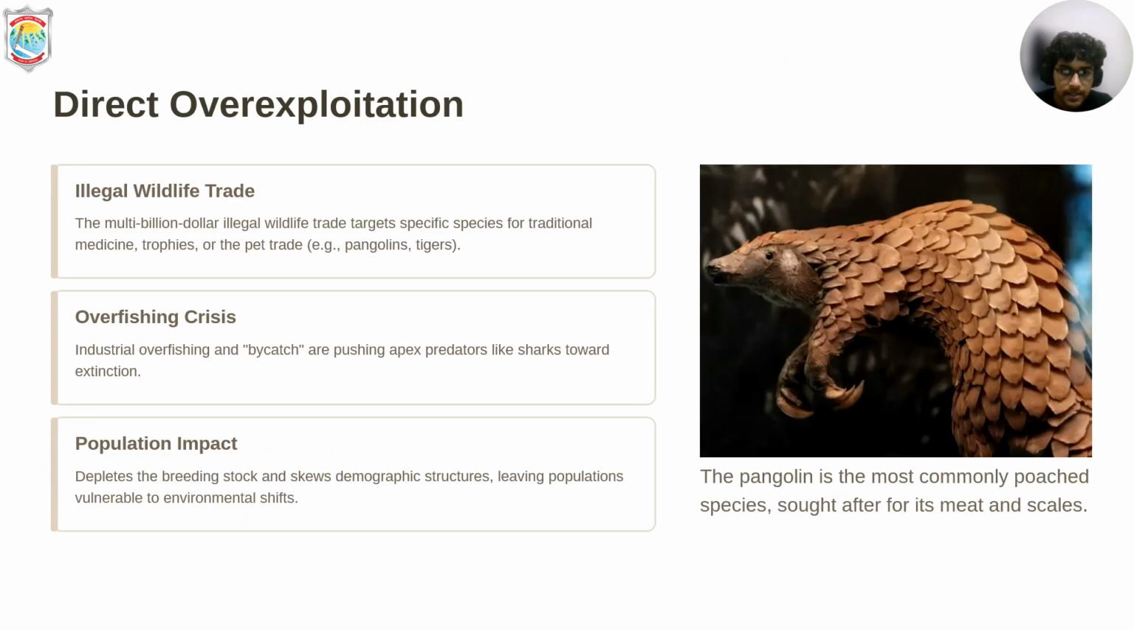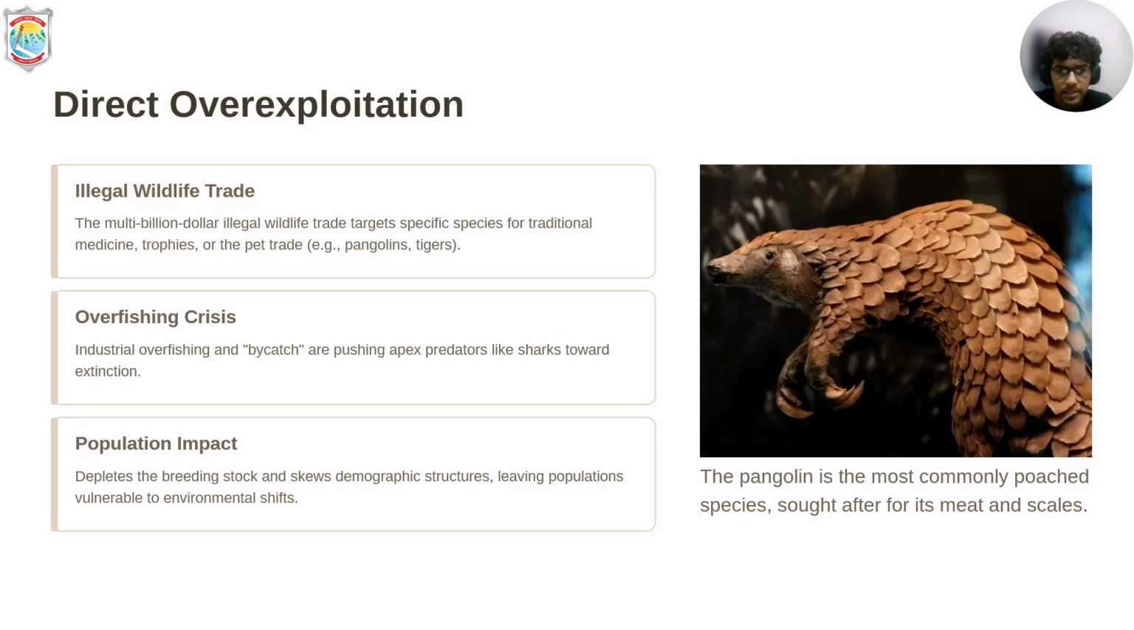Another massive threat is direct overexploitation. The multi-billion dollar illegal wildlife trade specifically targets certain species like tigers and pangolins for traditional medicine, trophies, or the pet trade. In our oceans, the overfishing crisis, driven by industrial overfishing and bycatch, is pushing apex predators like sharks towards extinction. This overexploitation severely impacts populations by depleting the breeding stock and skewing demographic structures, leaving these populations vulnerable